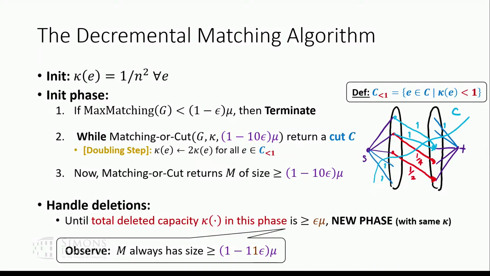So you have some capacity function, you delete a bunch of edges, so you deleted too much capacity, so you go again, but you stick with the capacity function you have, and you ask, with that capacity function, do I still have a large matching? The answer might be no, because some things were deleted, and then you start doubling. But the key thing is that the capacities are monotonically increasing across all phases. Okay, that is the whole algorithm. Are there any questions about the algorithm before I do the analysis?